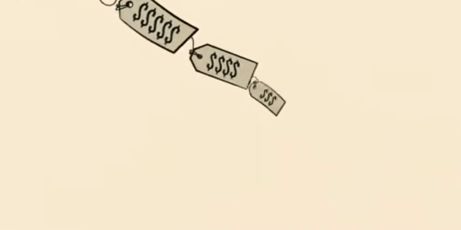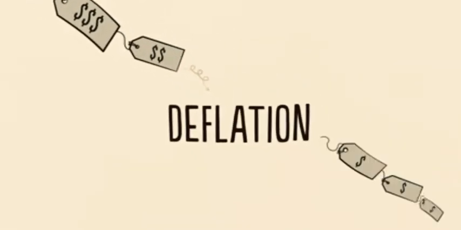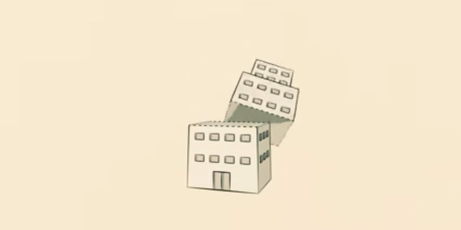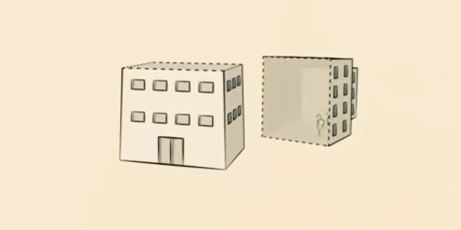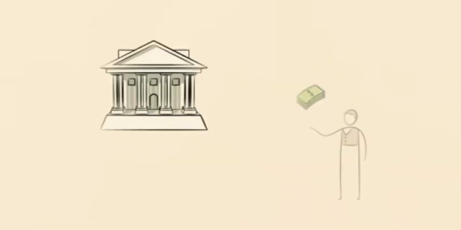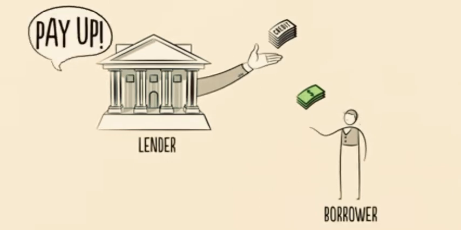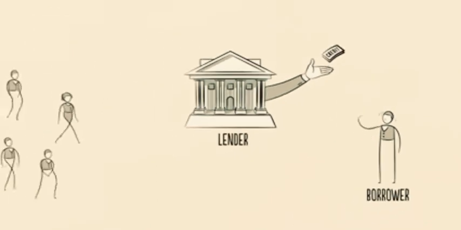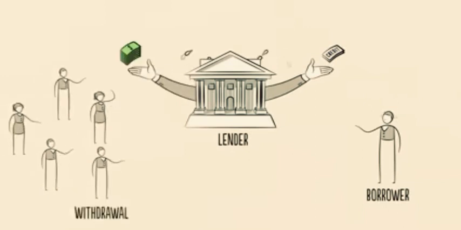As we've seen, this cut in spending is deflationary and painful. Businesses are forced to cut costs, which means fewer jobs and higher unemployment. This leads to the next step. Debts must be reduced. Many borrowers find themselves unable to repay their loans, and a borrower's debts are a lender's assets. When a borrower doesn't repay the bank, people get nervous that the bank won't be able to repay them, so they rush to withdraw their money from the bank. Banks